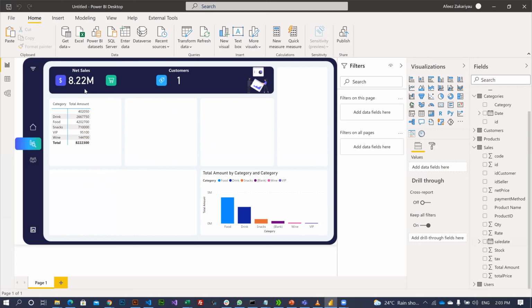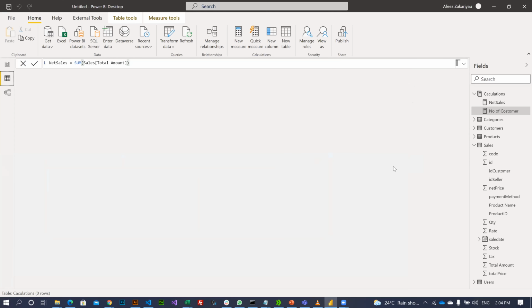Maybe after the net sales, we can calculate our profit. So I want to have my profit in between here. What can I do? Tell me. Total sales minus what? Let me look at the data. Okay, so we can do this. Can come to our table. Total amount minus